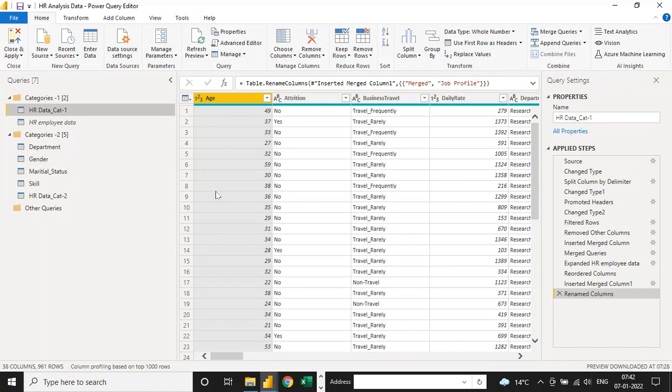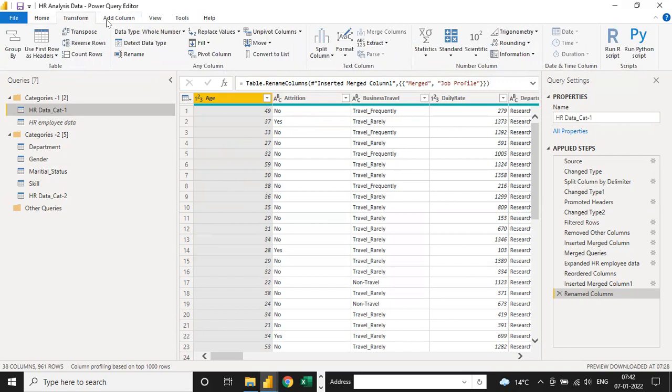Like I already said in the first class, a total of 5 projects we are going to cover, and in one project we cover almost 20% of Power BI. It means I will do every step one by one. Like split column I already used, remove rows I have done, data type done, use first row is done, so group by is remaining, append query is remaining, like this. Okay, so this way I have to complete all the things.